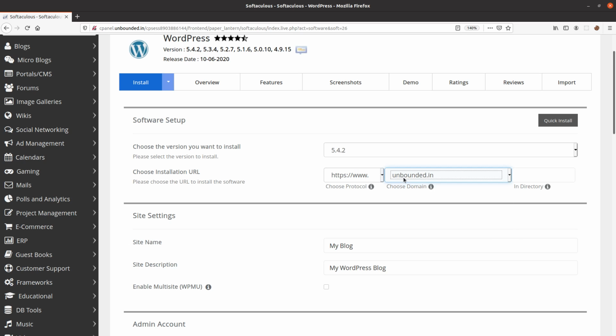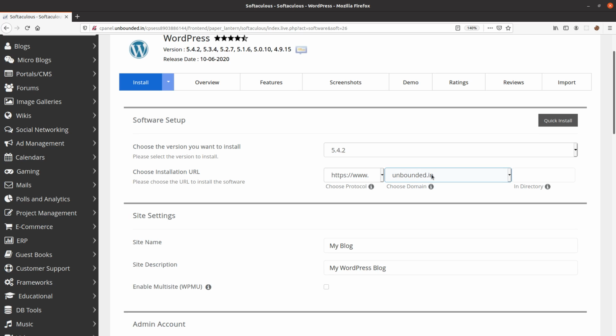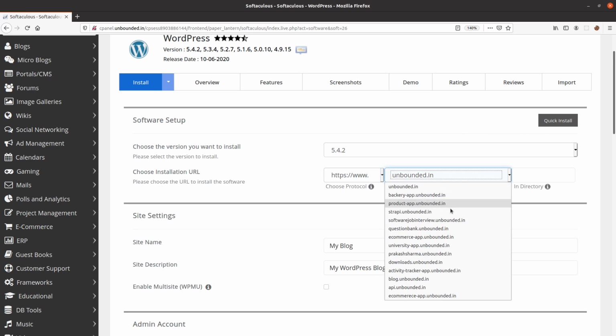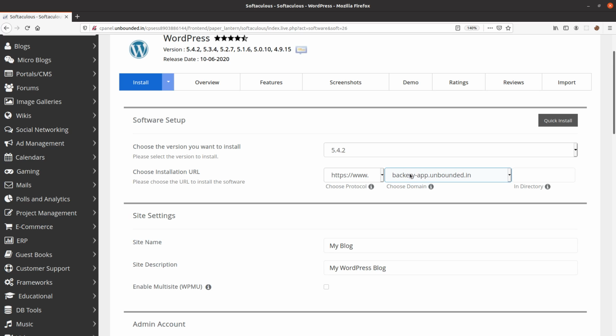All right. So this is the main domain name where we want to install the software. For your case, it will be this, but for my case, I'll be installing it on a separate subdomain, because I don't want to install it on my main domain, because my main domain is running a blog, and I want to develop this e-commerce example on a subdomain. So you can very well use your main domain or subdomain.